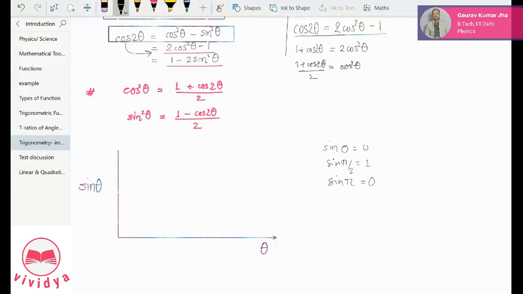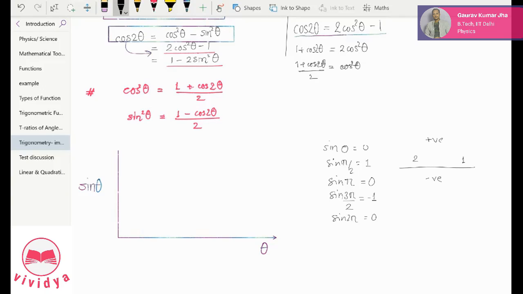Okay. Also, sine 3 pi by 2. What is the value of sine 3 pi by 2? 270 degree. What do you know about sine? Yes. If you remember, sine is positive in first quadrant and second quadrant. So here it is positive, but down here it is always negative, in third quadrant and fourth quadrant. Yes, it is -1. Please do remember, sine 3 pi by 2 is -1, and again sine 2 pi is 0. These are the things we know for sure. Okay, so accordingly we can see how the graph looks like.